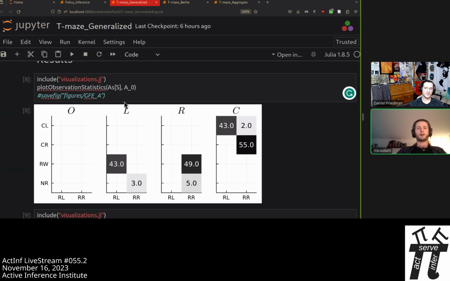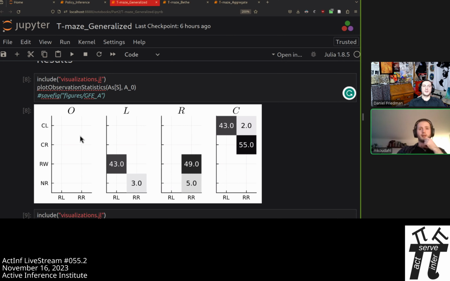We have the left arm and the right arm, so L and R. And then we have C, the Q location. RW means reward, you get a reward. NR means no reward. And this here says is the reward to the left, the reward to the right. Q points left, Q points right.